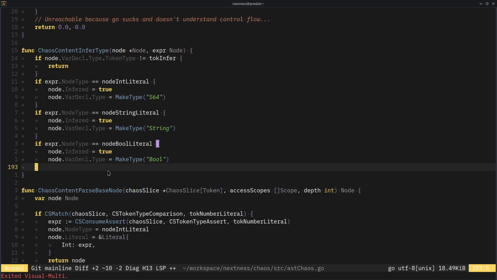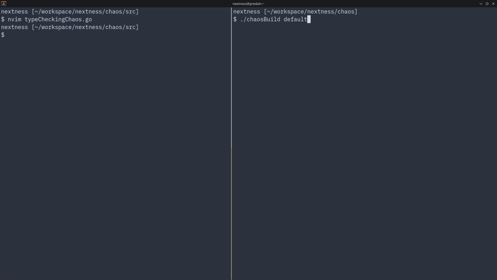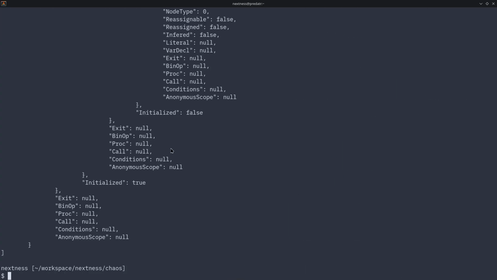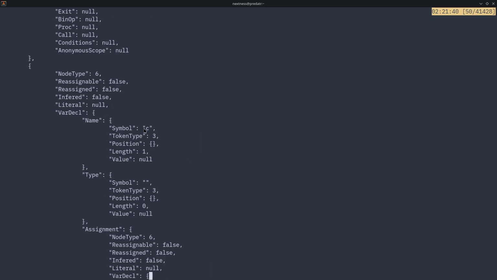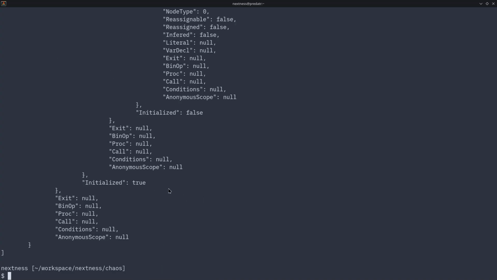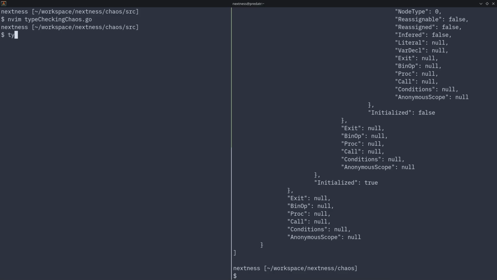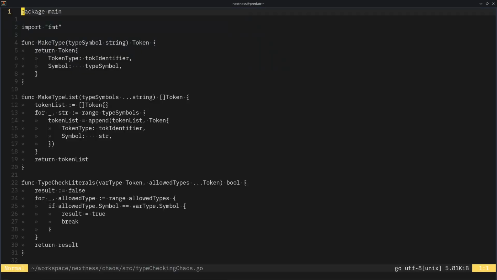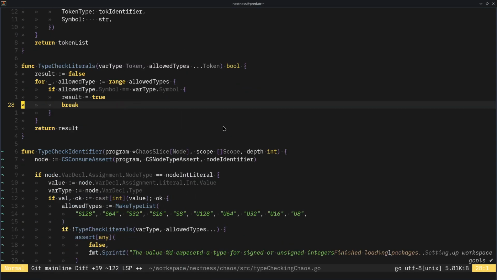So now we need to do something, right? Or no? Did I do something weird? Because C should be saying that it's a string, but it's not. But B is a string, so let's go back to type checking. So type checking,